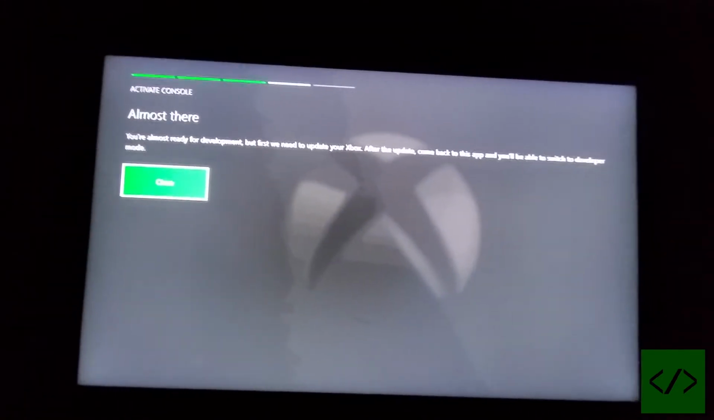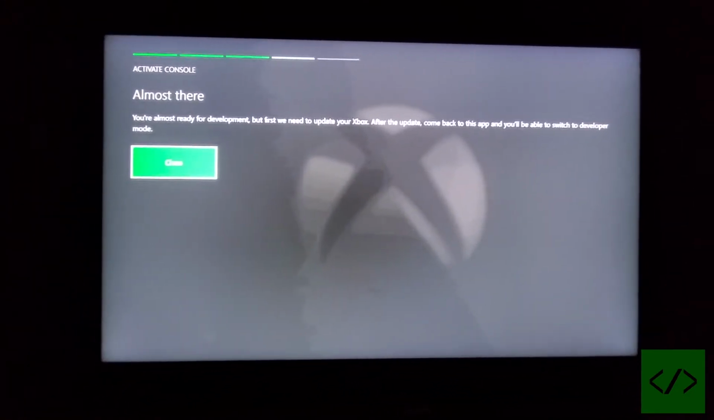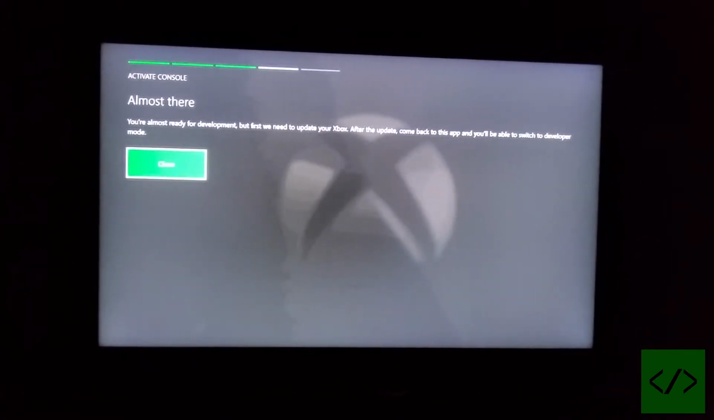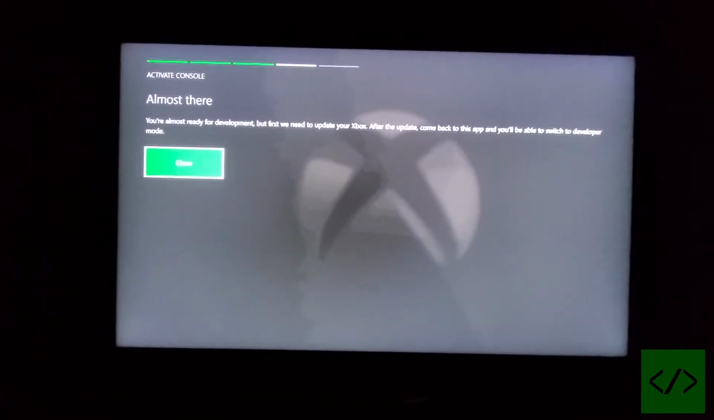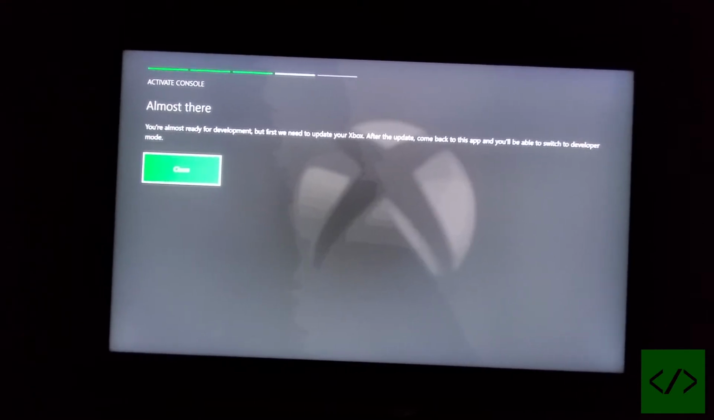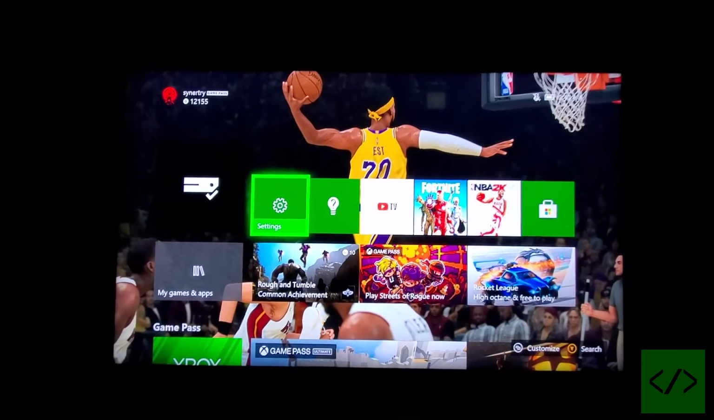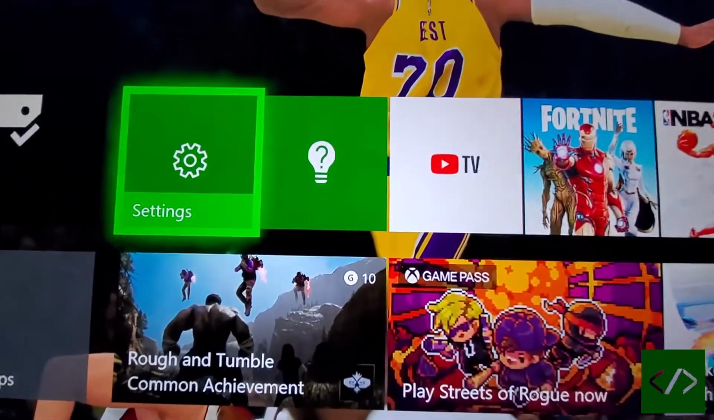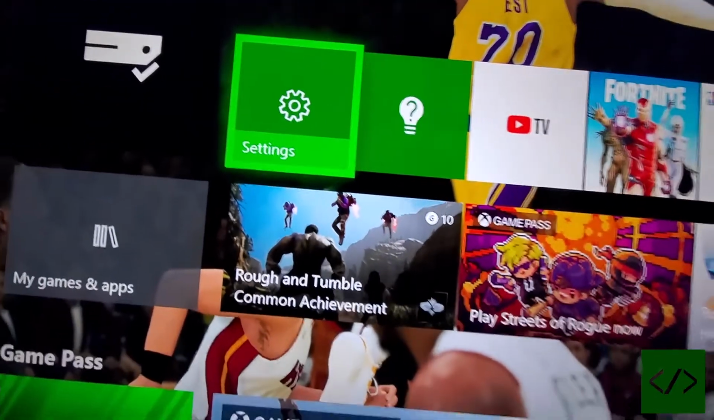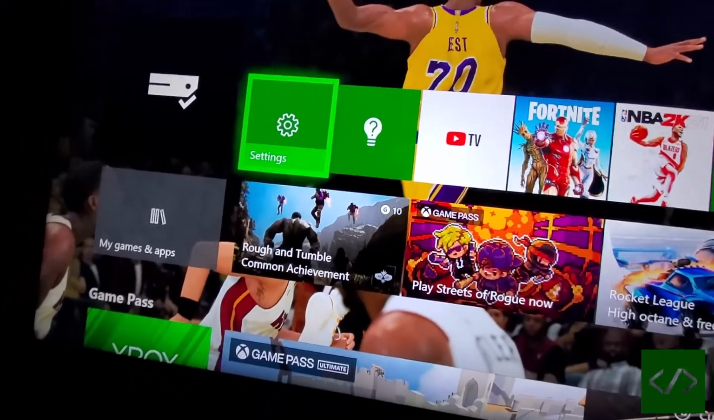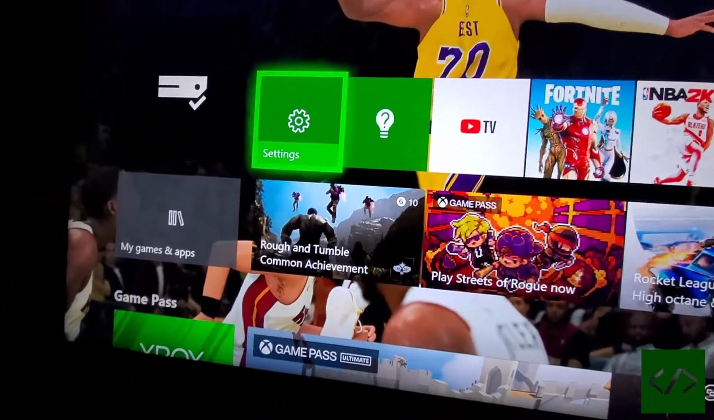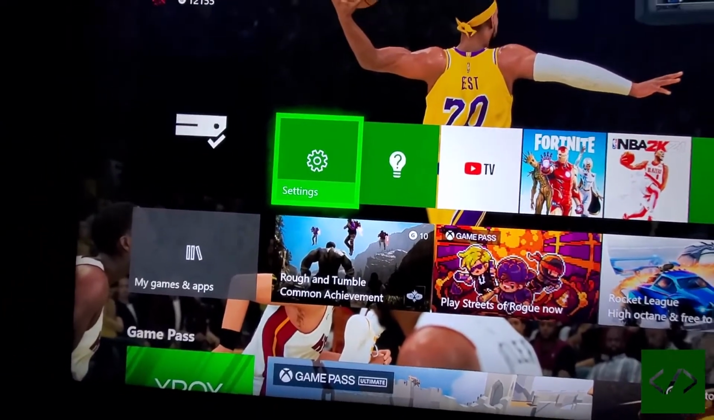Now, recently, after the last update, I've been getting this, and I've noticed that a lot of people get this. Now, you don't necessarily have to worry about that, but what you can do is quickly, and this is something that you probably need an Xbox for, I haven't tried it through the Companion, but